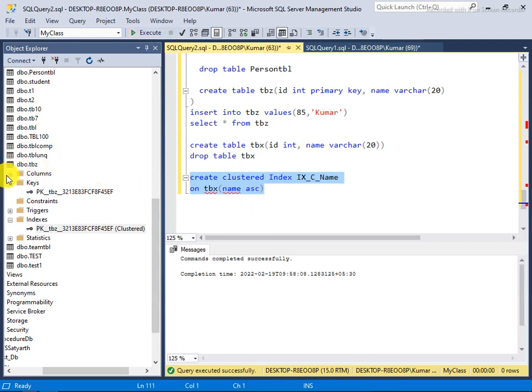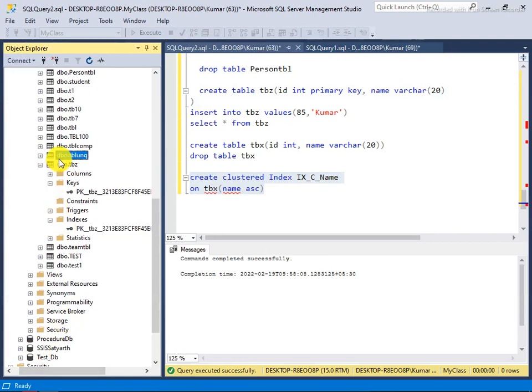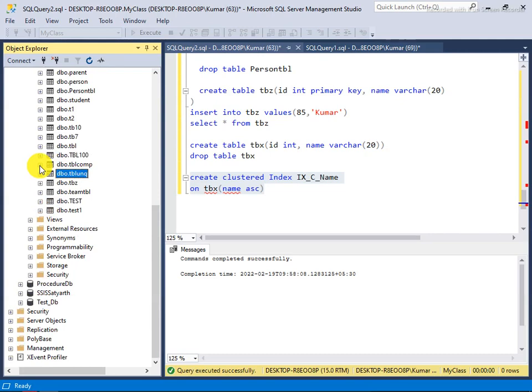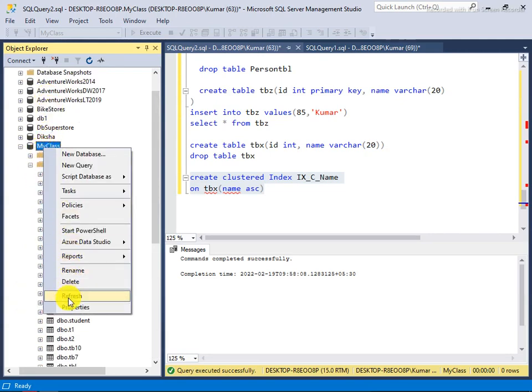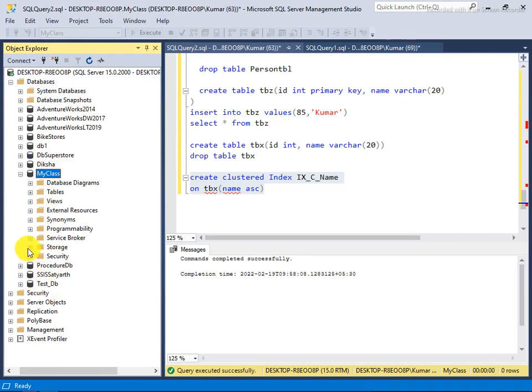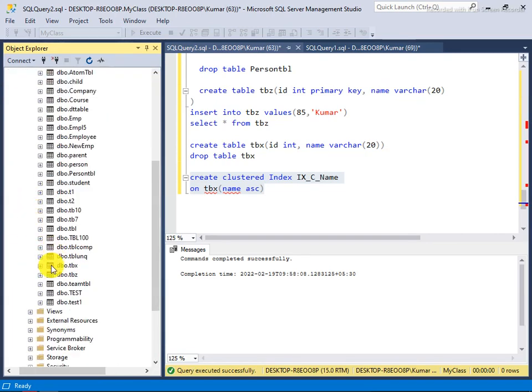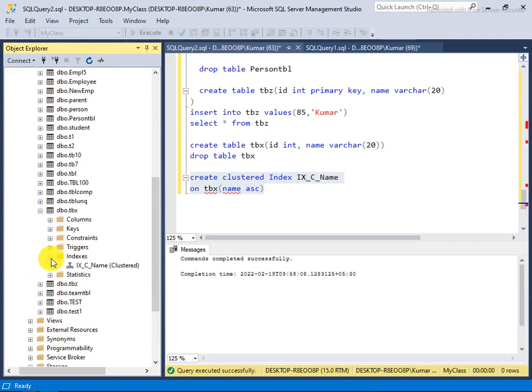Now let us see. tbx is here. Now the name column has a clustered index.